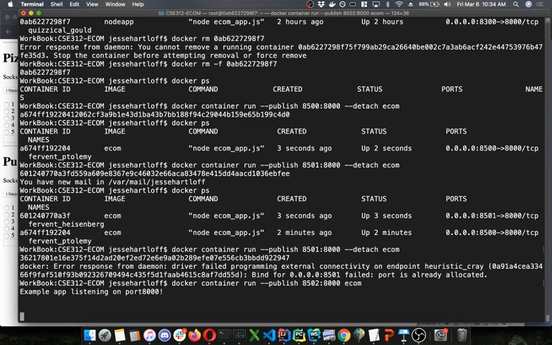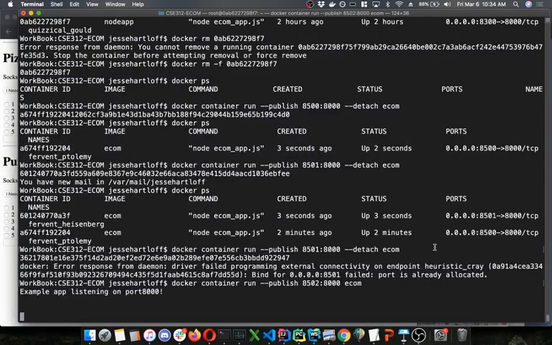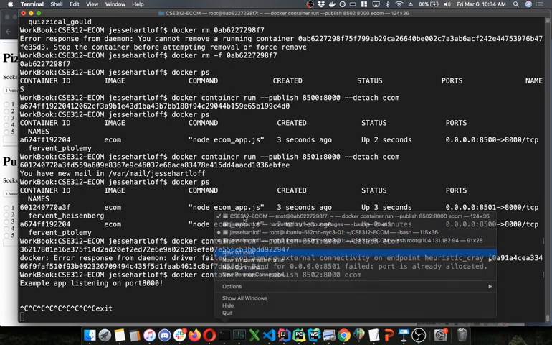I can't do anything with this window now, since it's not running in the background, but I do have 3 instances of my app running now. But I can't do anything with this. I can't even Control C it. I shouldn't have done this one. I wanted to show it off, but,